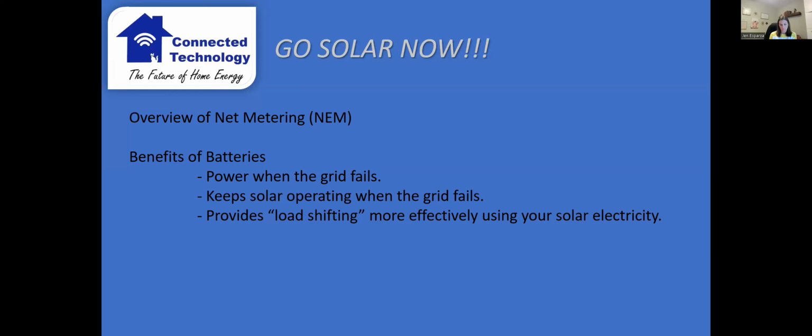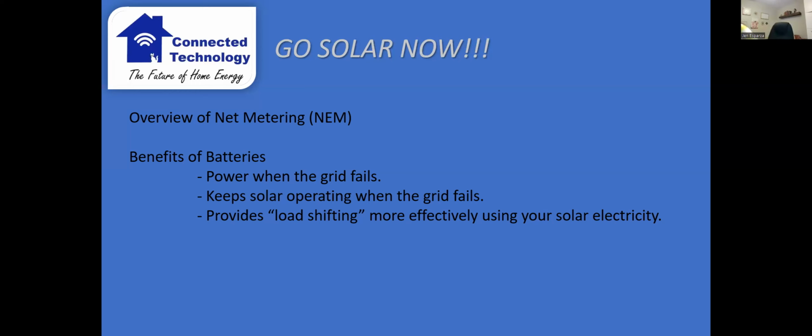One is they provide power at your home when the grid fails. So it's a lot like a generator, but so much better than a generator. The grid goes down, instead of having a power outage, you still have power at your house. The other thing is that the solar on your house continues to operate, so you can keep creating electricity. You've got your own little microgrid that supports your house in pretty amazing ways.